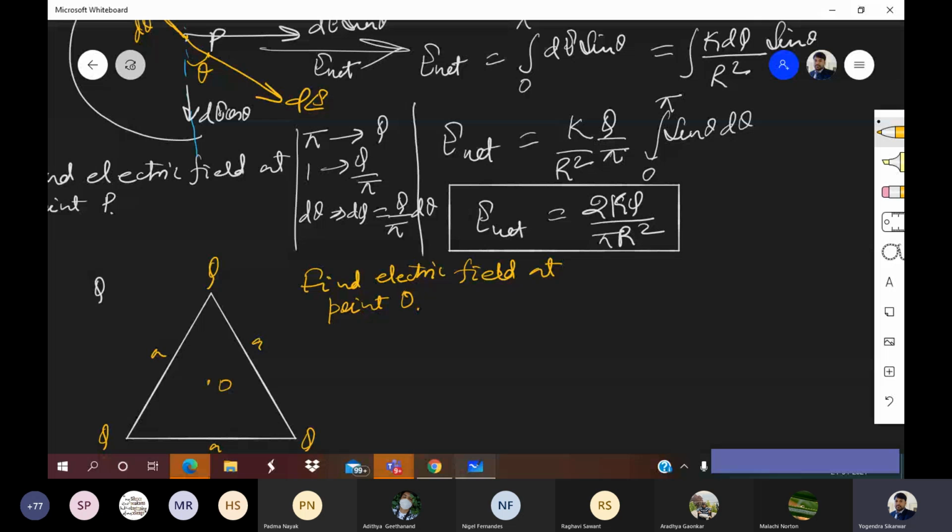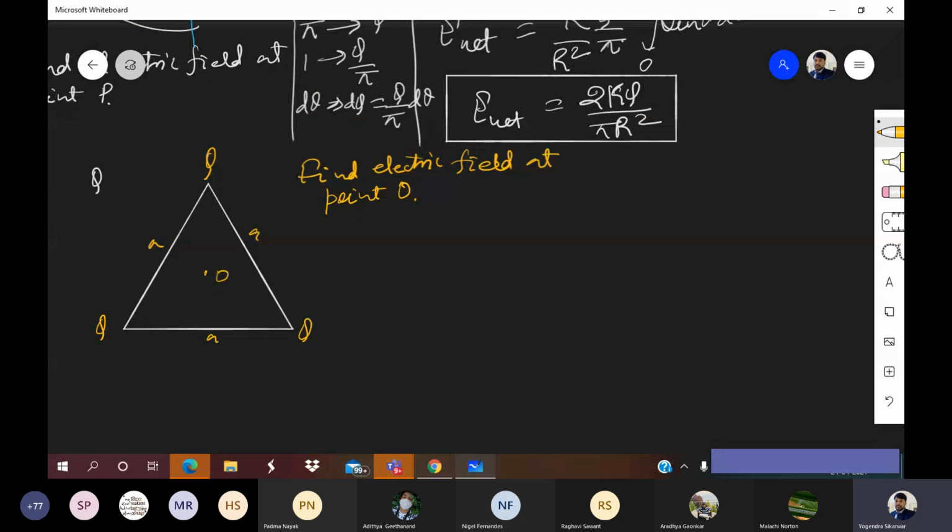People are saying that this value is 0. Can anyone explain, unmuting himself or herself, how this value is 0 at point O? Why and how is this value 0? Your answer is correct. It's symmetric and it cancels out. Yes, that is true. All right. I understand your limitation, so let me explain. What you said is correct.